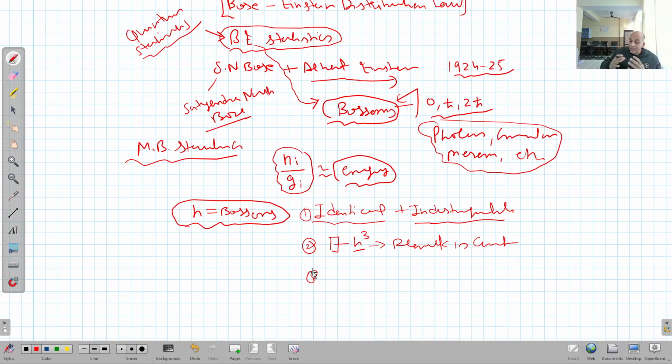The third thing that we have to keep in mind is that there is no restriction on the number of particles entering any compartment or any cell. Clear? Any number of particles can enter into any cell. This means this statistics is not going to obey Pauli's exclusion principle. We know very well that bosons do not obey Pauli's exclusion principle. It is obeyed only by the fermions. Clear? So there is no restriction. These are some assumptions that we have to keep in mind before proceeding further to develop a distribution law.